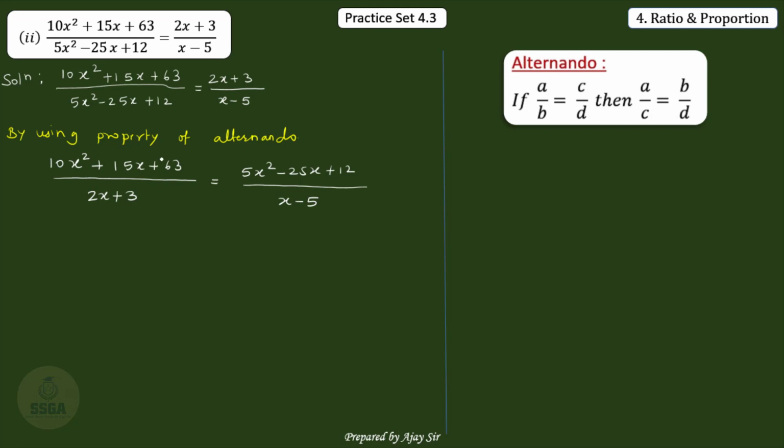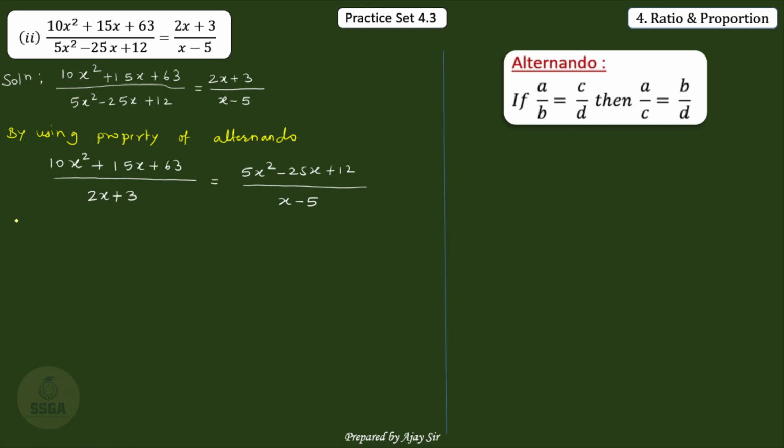Let us search for that number. Is there any number that converts into the same terms in the numerator? Suppose you multiply by 5x: then this becomes 10x², like this first term. 5x times 3 means 15x, this will convert into 15x. Similarly here also, if you multiply by 5x, it will convert to 5x², and here again minus 25x. Means multiplying both the sides by 1/(5x). So here we will multiply both the sides by 1/(5x).